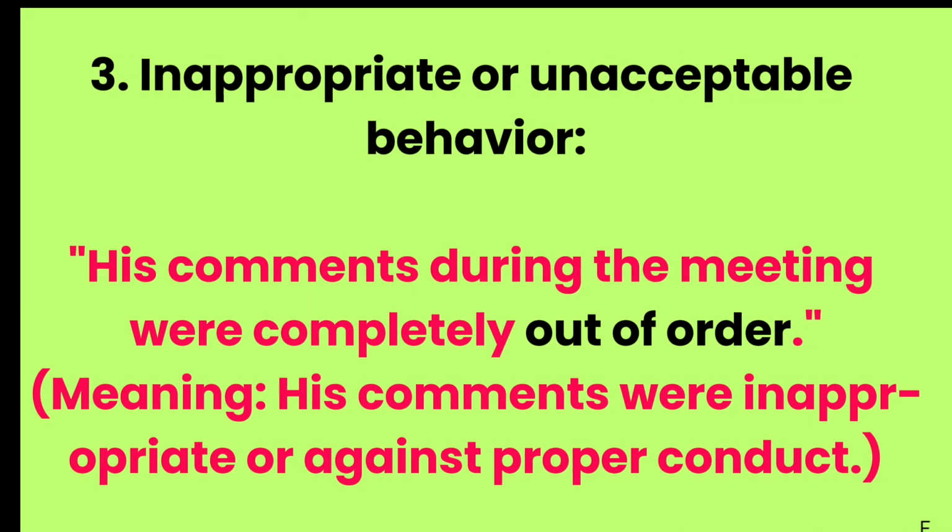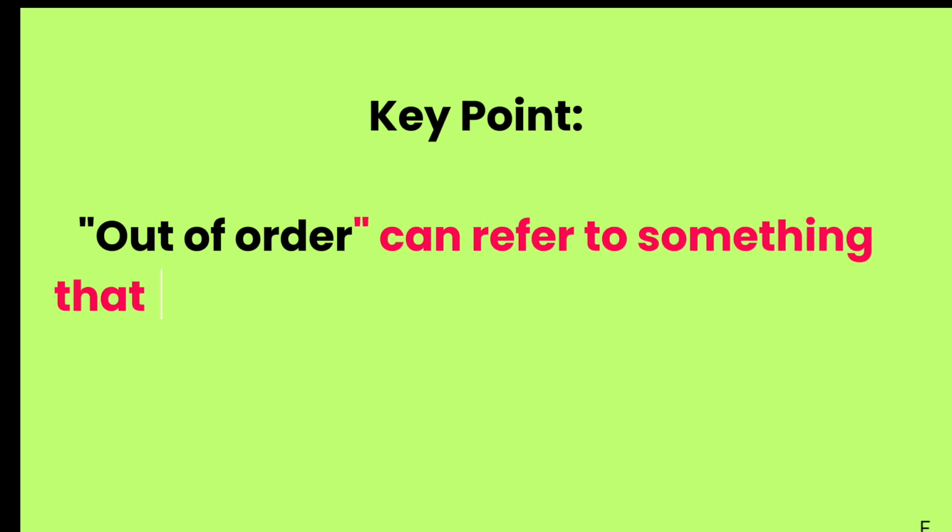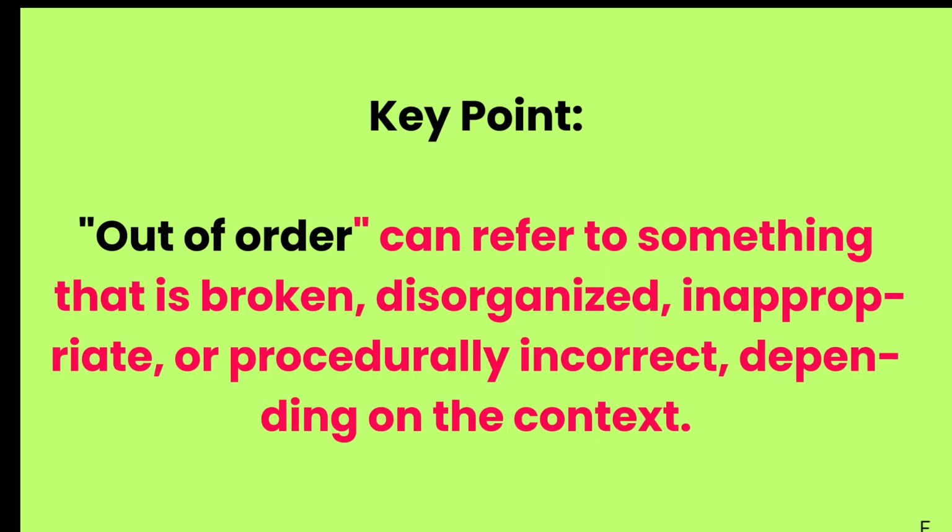3. Inappropriate or unacceptable behavior. His comments during the meeting were completely out of order. Meaning, his comments were inappropriate or against proper conduct. 4. Not following proper procedure, informal settings. The motion was dismissed as it was ruled out of order. Meaning, the motion was rejected because it didn't follow the correct procedure. Key point. Out of order can refer to something that is broken, disorganized, inappropriate, or procedurally incorrect, depending on the